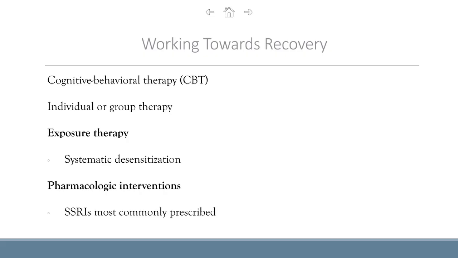Systematic desensitization helps. When they have panic attacks, sometimes it can go hand in hand with phobias. So if someone is afraid of snakes and they see the snake and it hurls them into a panic attack, a good treatment option, a really effective one, would be to expose someone to snakes in a very controlled environment, starting maybe with a stuffed animal and then a video of a live snake, progressing into